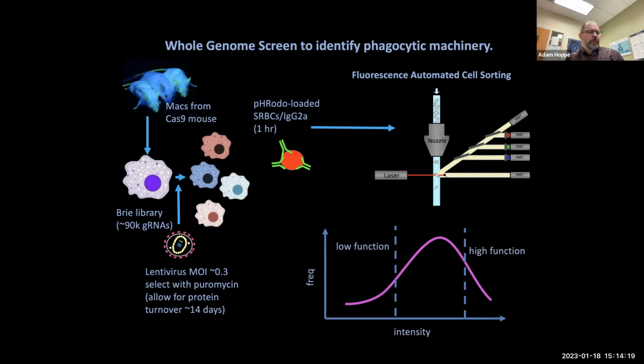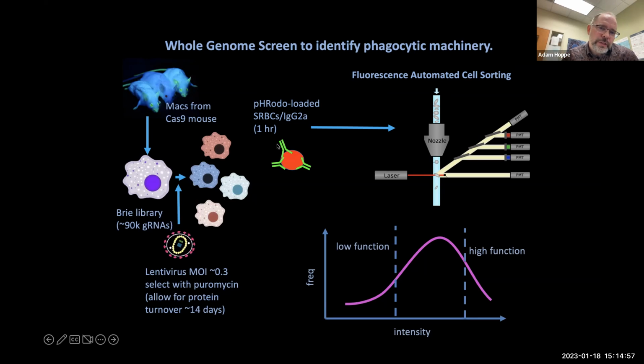Okay. We've broadened this approach, and we are using CRISPR whole genome screening now, in which I'll just briefly describe how this works, to identify different clades of machinery that can facilitate or inhibit macrophage Fc-dependent functions. So what we do in this case is we harvest bone marrow from Cas9 mice. We can transduce them with a lentivirus to deliver a guide RNA. That guide RNA can then target Cas9 to make a gene disruption such that each macrophage bears a different gene disruption. The lentivirus integrates that guide RNA into the host cell genome.